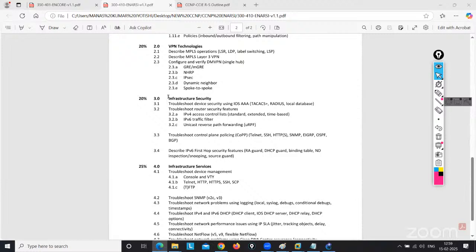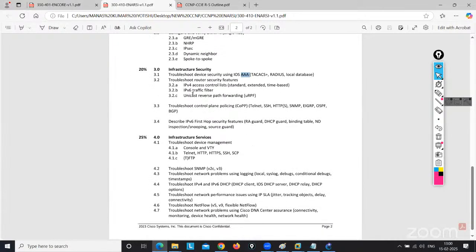Then this one is also covered in the ENCOR part. How will TACACS work, how will TACACS+ work, how will RADIUS work? And for AAA, suppose you want to enable TACACS, you need to use RADIUS. So the aaa new-model command will be implemented. Without aaa new-model, it will not be activated. So how we need to use that, I will let you know.